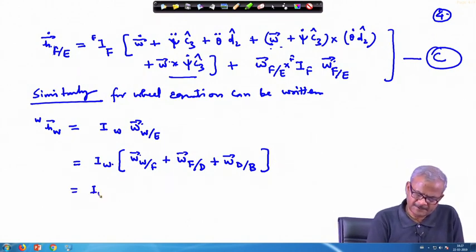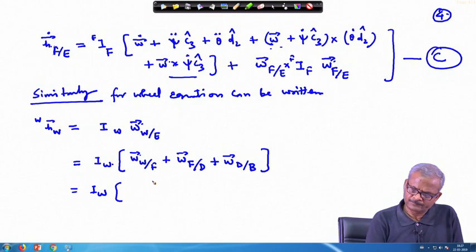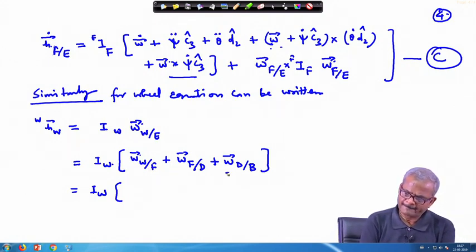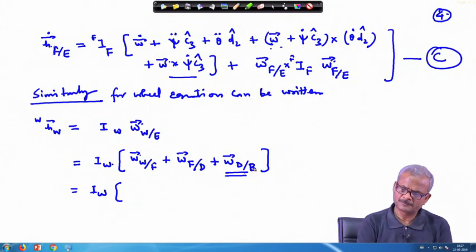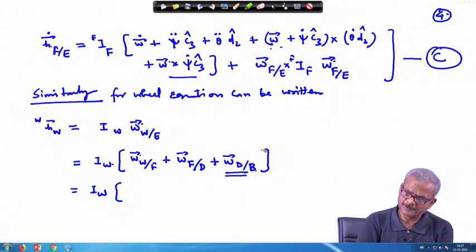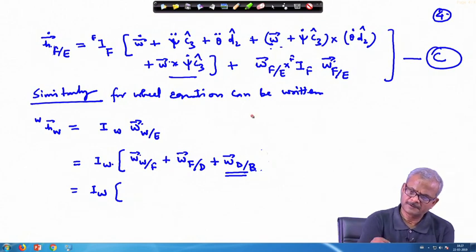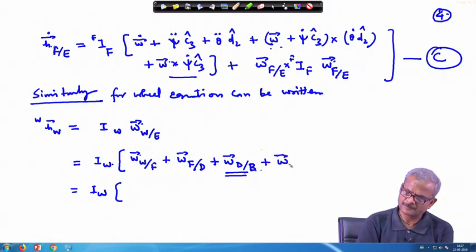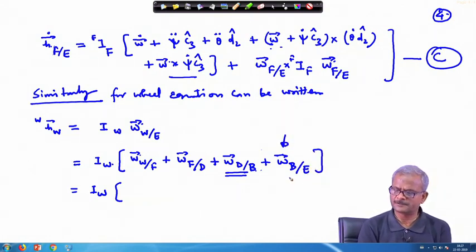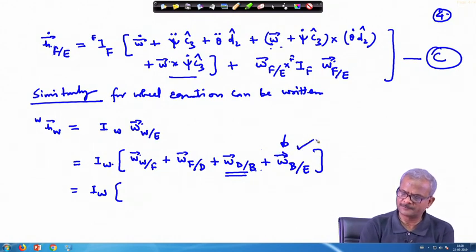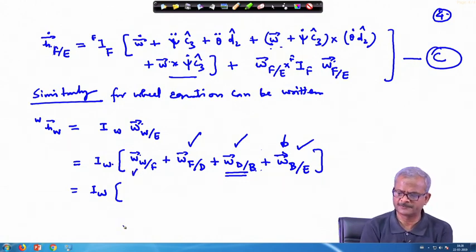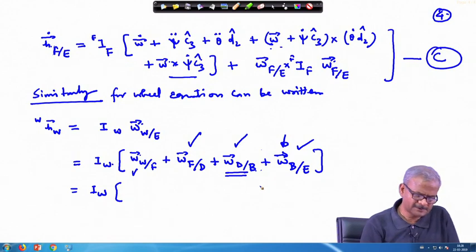And this can be expanded as omega d slash b, and one more term is there, omega b slash c. So, this is the angular velocity of the body with respect to the E frame, then with respect to the B frame the outer frame angular velocity, with respect to the outer frame inner frame angular velocity, and with respect to the inner frame the wheel angular velocity. So, these are the 4 terms which are appearing here in this place.